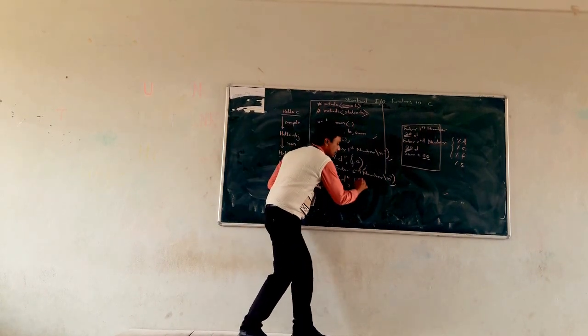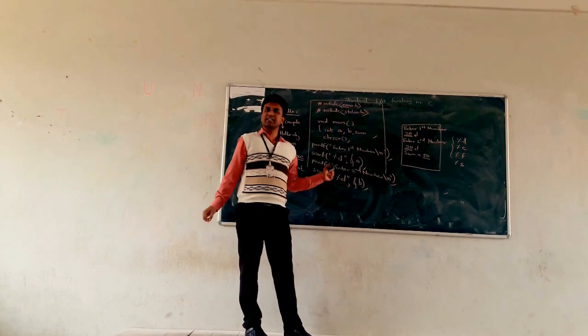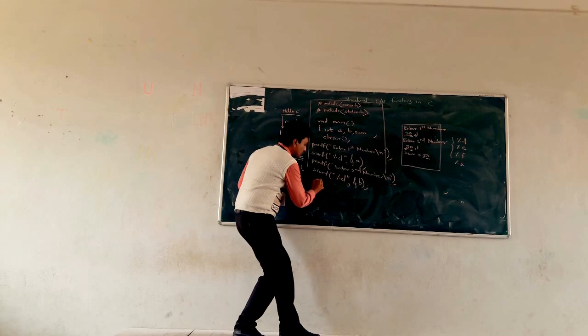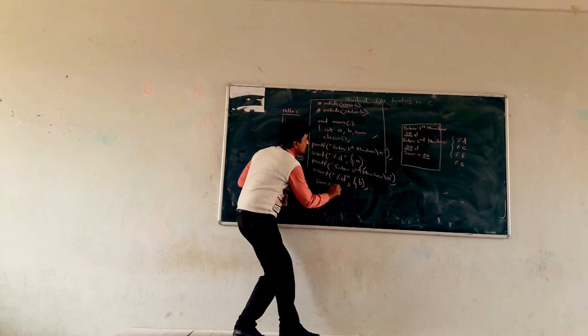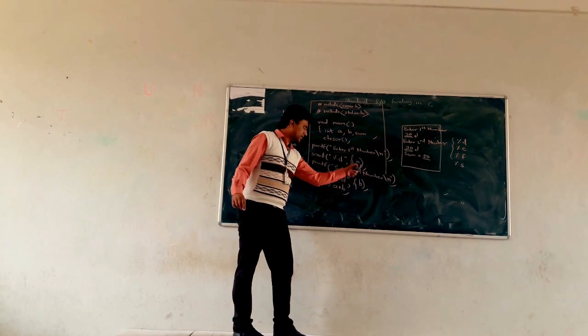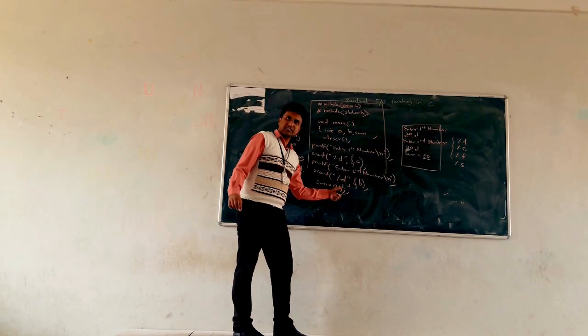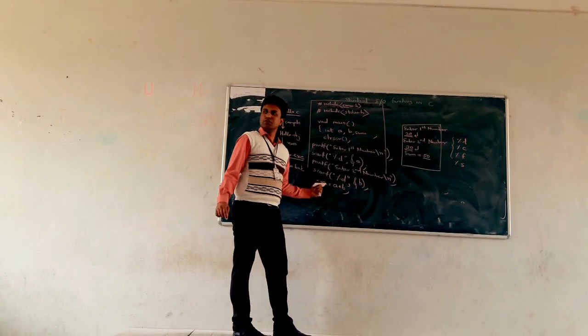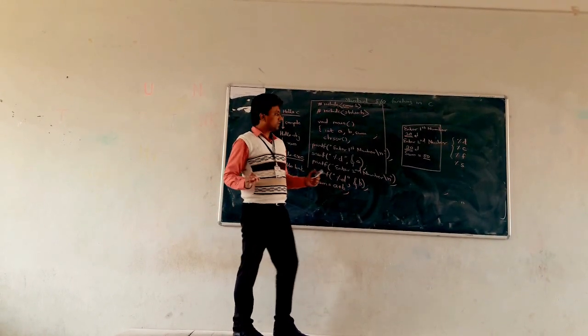After that, ampersand of b. So the second number is stored into variable b. After that, what do we want? sum is equal to a plus b. So whatever the values in variables a and b, they are added using the plus operator and stored into a variable. Now what is the last task?